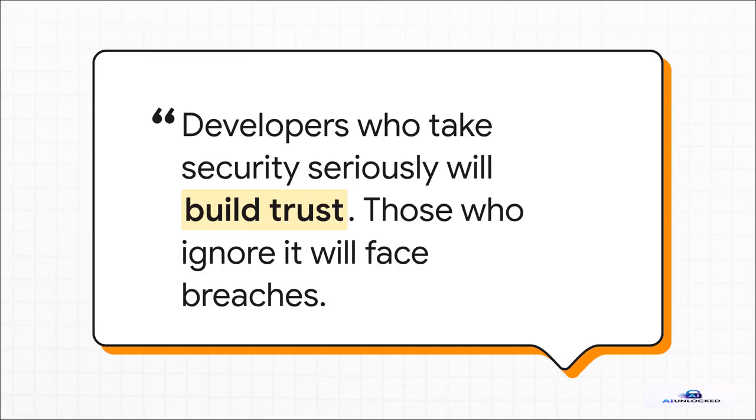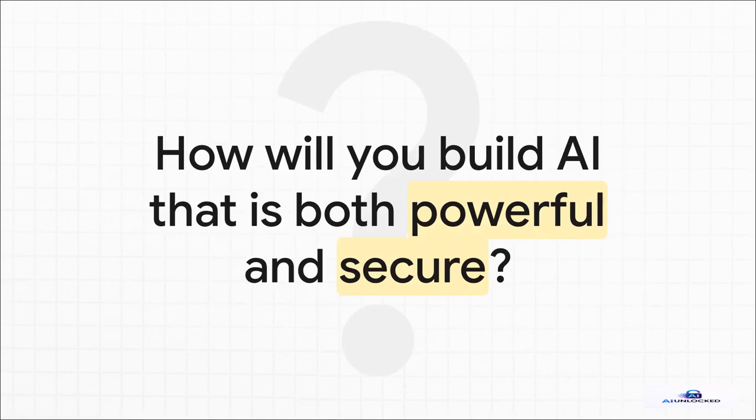And really, this is the bottom line. Security isn't just a technical problem. It's a trust problem. Building a secure AI app is how you earn and, more importantly, keep your users' trust. Ignoring it? Well, that's the fastest way to lose everything. Look, building secure AI is absolutely possible. It just requires awareness more than anything else. So the final question, really, is for you. Now that you know the risks, now that you know the defenses, how are you going to build AI that is not just powerful,